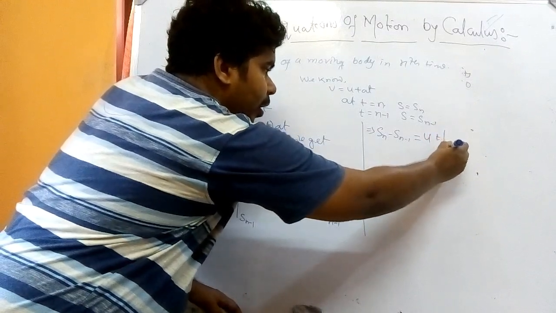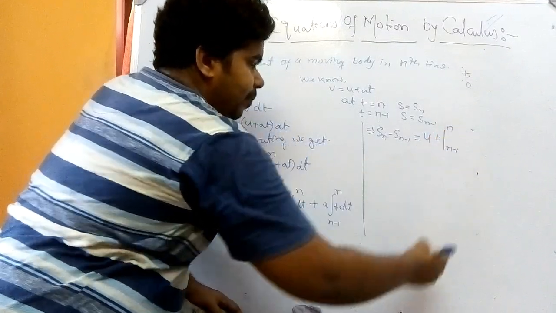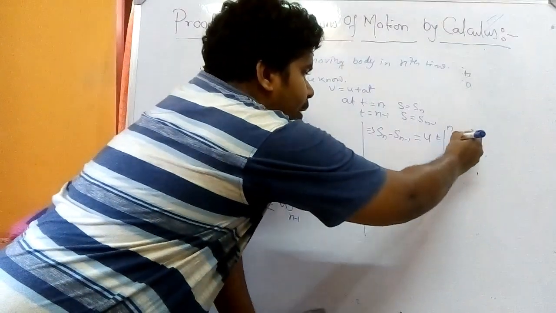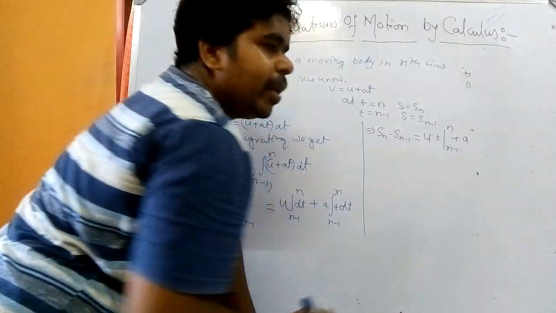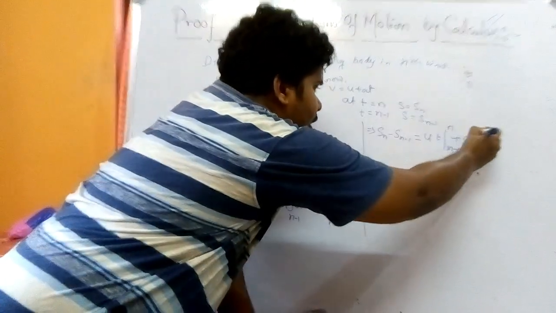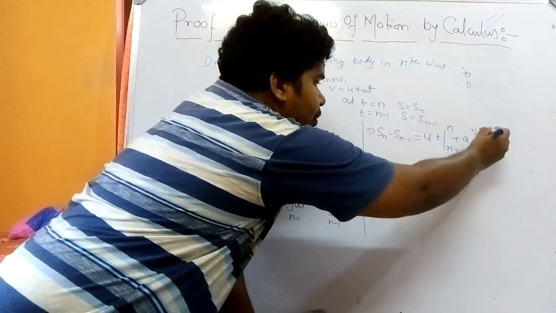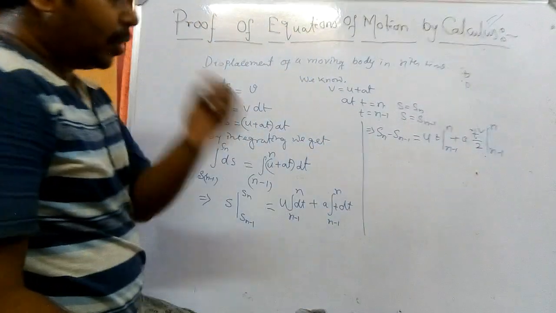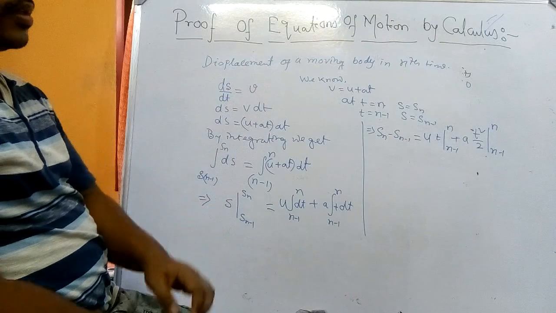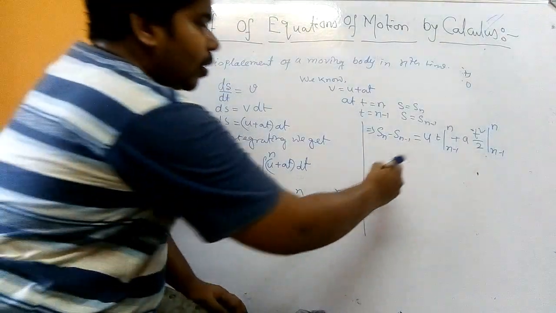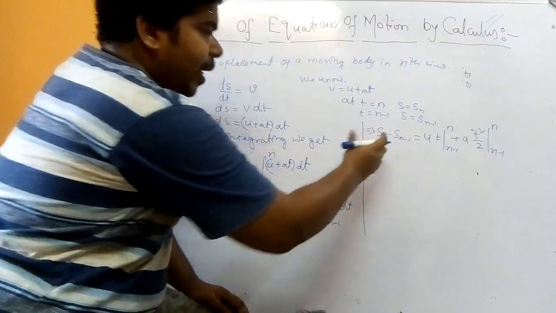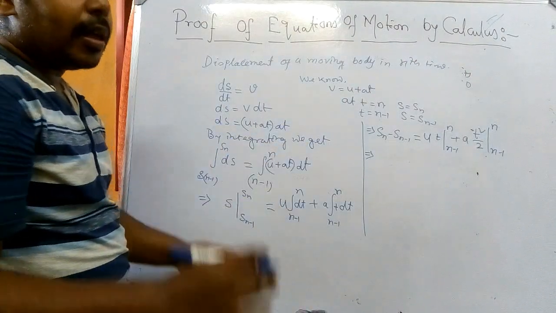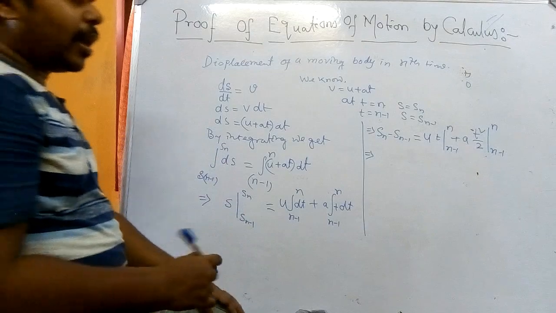So its limit will be n minus 1 to n. And for the case of a t dt, the integral of a t dt means t square by 2, so t square by 2 integrated with limit n minus 1 to n. Okay, so up to this I think it is clear. Now put the value. So Sn minus Sn minus 1, that will give the displacement in nth time, that we